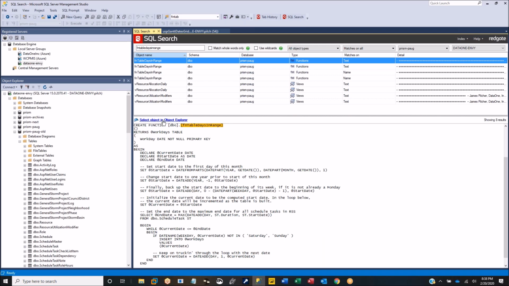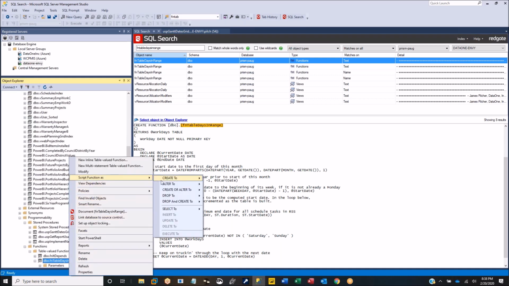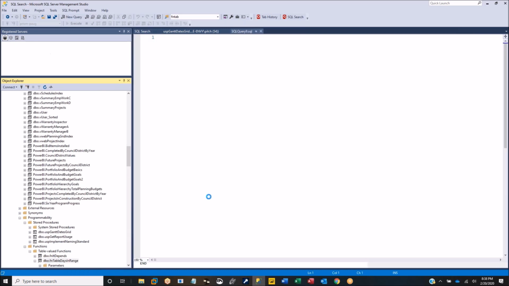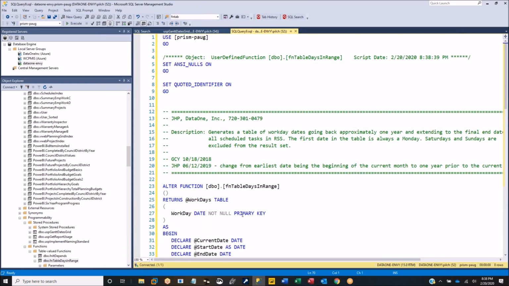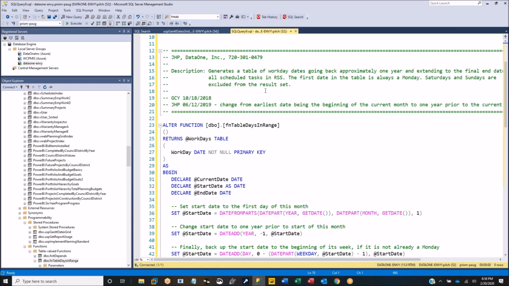Now, a table valued function does not return a single value like a scalar. As its name implies, when you invoke this function, it returns a table of a specified design. So let me go there. We'll open this in as an alter. And what this particular function does is, as it says up here, this one does not take any parameters, but